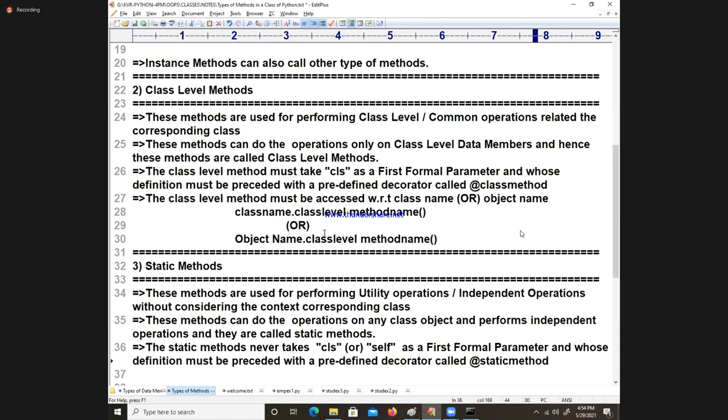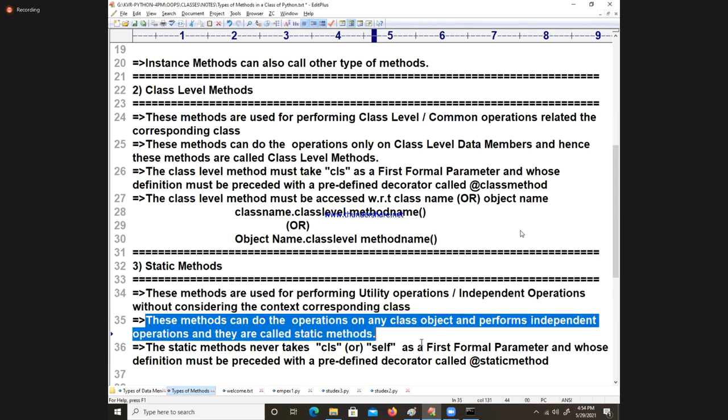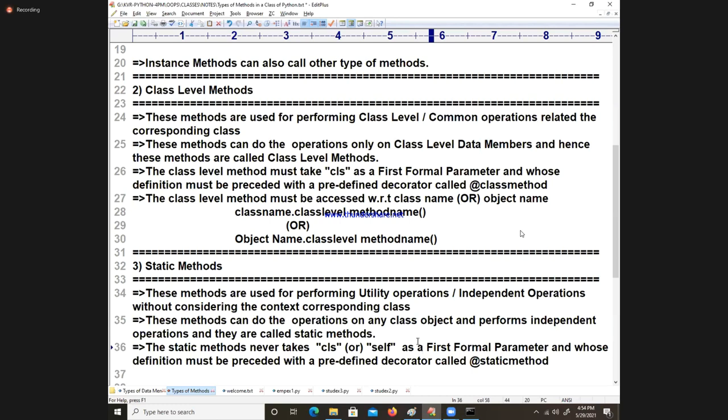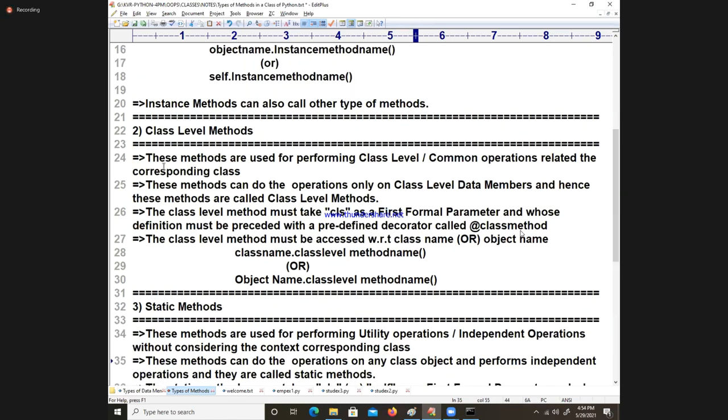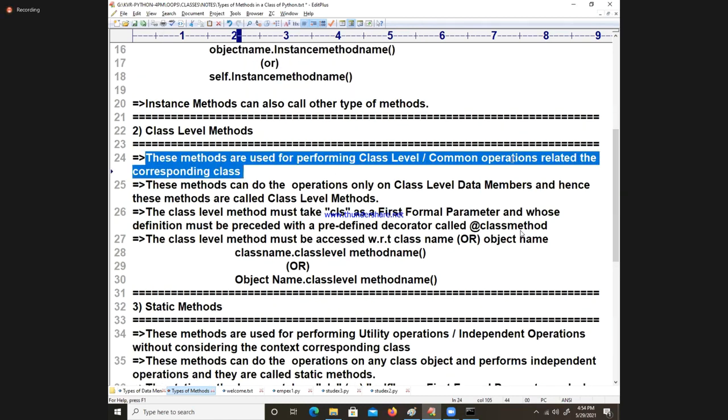Are you following? So, coming to the point of it, this is done. Mr. Bilal, I already told you, my utility, English must be known perfectly. Utility, irrespective, without considering the context of the class. Here I told already, performing the operations related to the class.